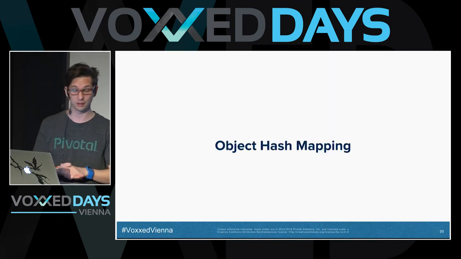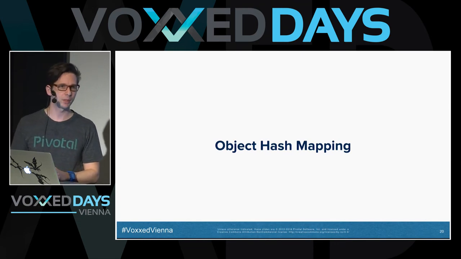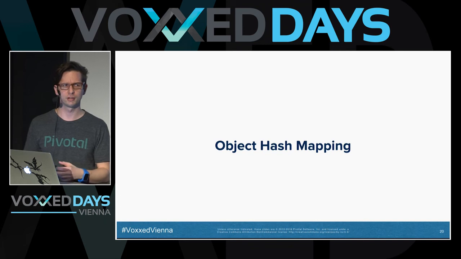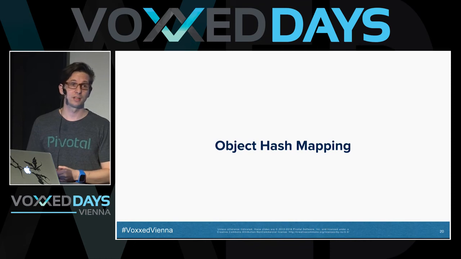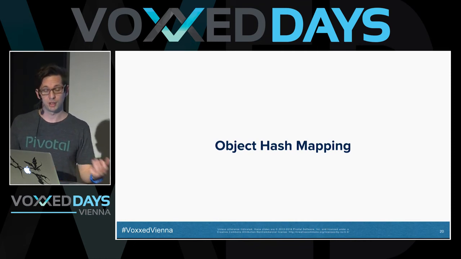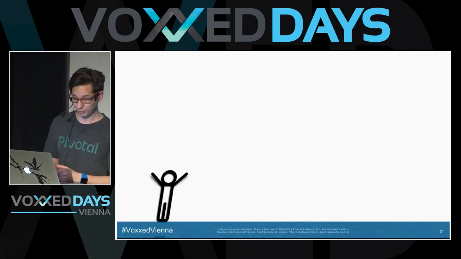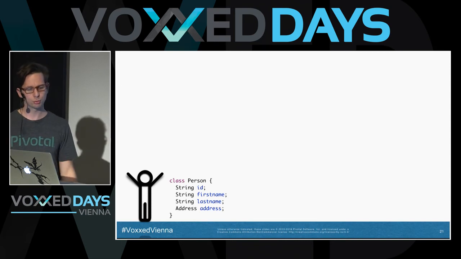I want to talk about a little more advanced topic now: something called object hash mapping. This isn't really new. There have been projects in Ruby around for years by now, but we just recently picked those up and used them for later implementing Spring Data repositories, which you might already know from MongoDB and JPA, on top of Redis. But we need object hash mapping for that, because normally we live in a rather complex world,